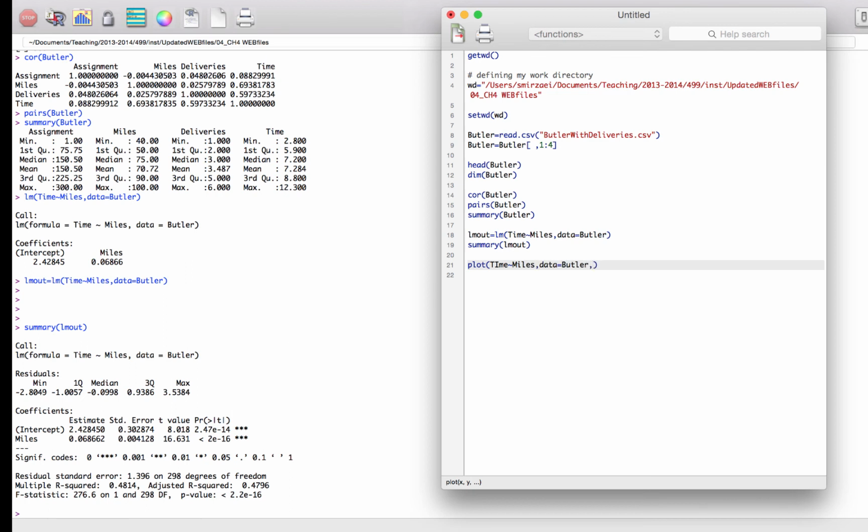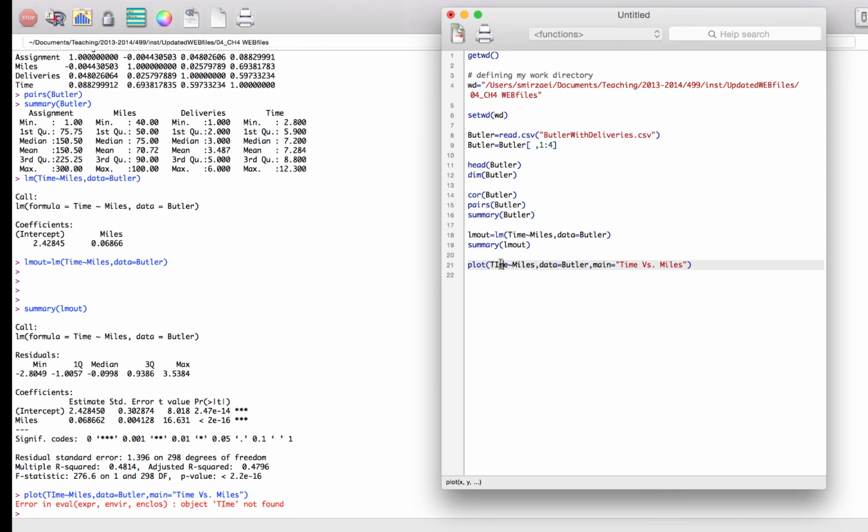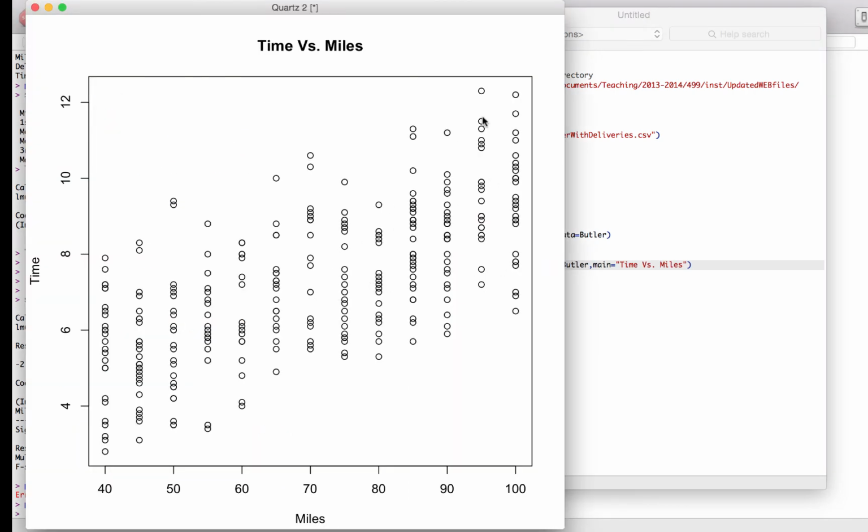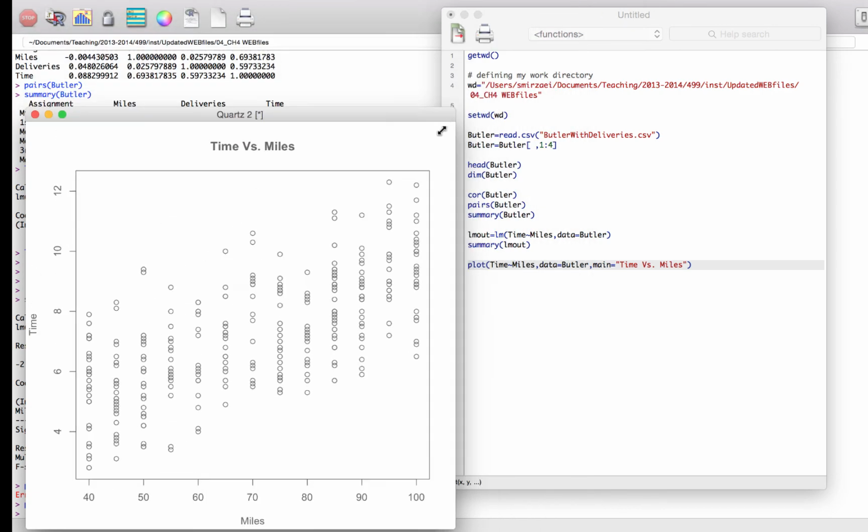And the next one is that let's put a title for our graph as well. So your main, which is the title, is going to be time, let's say, versus miles. And if I run this using command, it seems like I have a typo here. Okay, if I run this using command enter, this is the graph that you see, which shows the relationship between